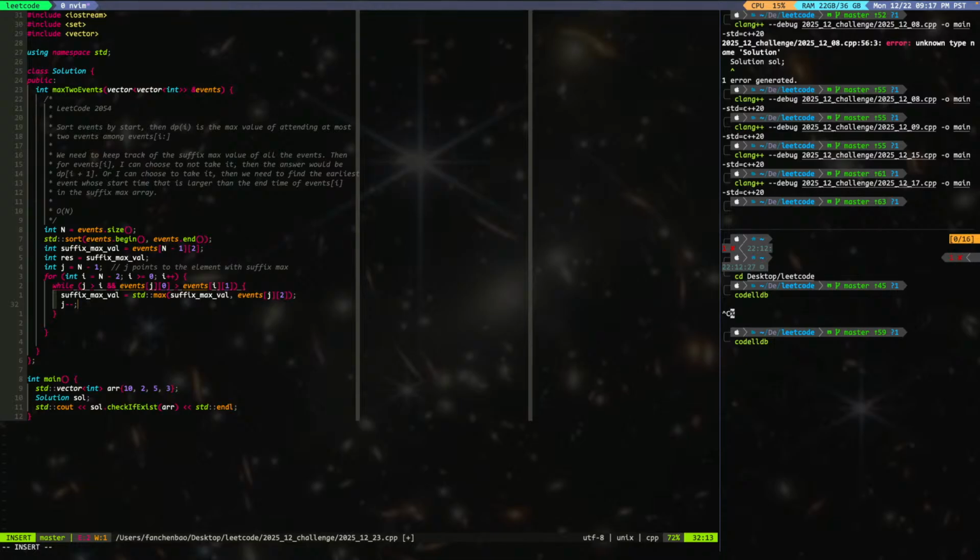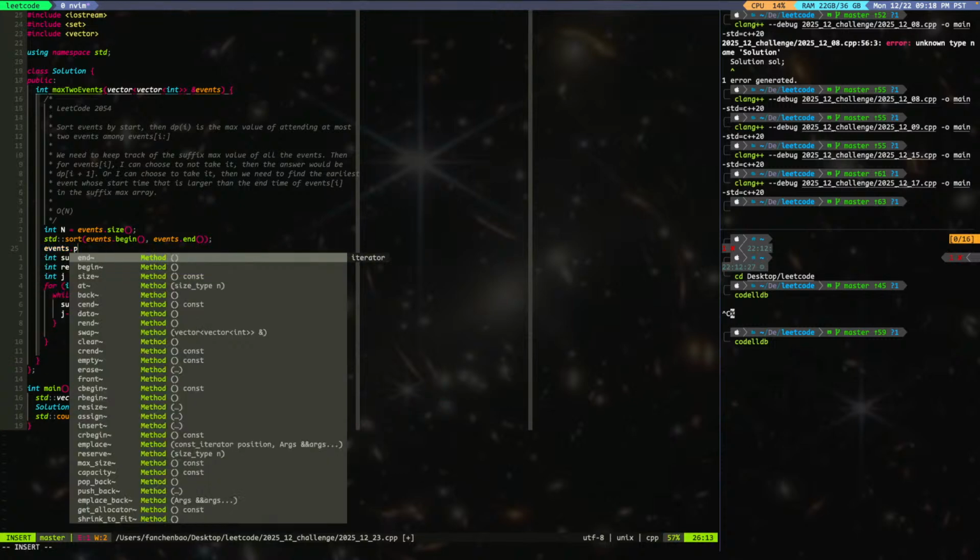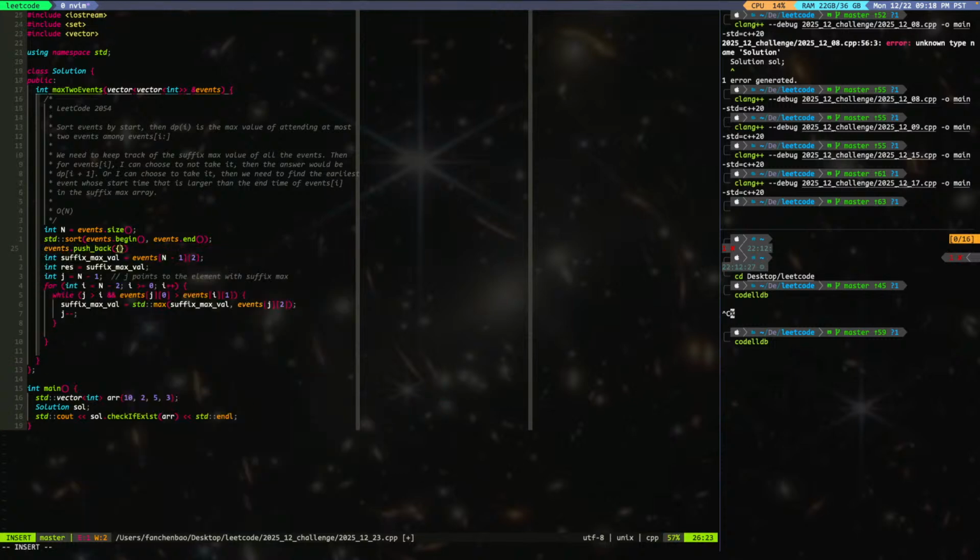But if I have a bunch of the same, like towards the end, none of them work, they all overlap, then I need an additional event. So I need events dot push back. I need an additional one, which is events dot back,